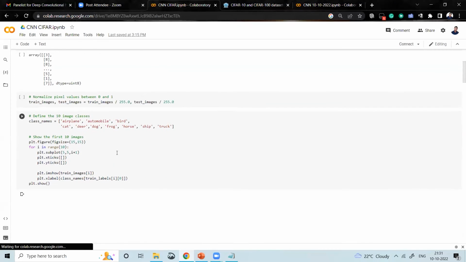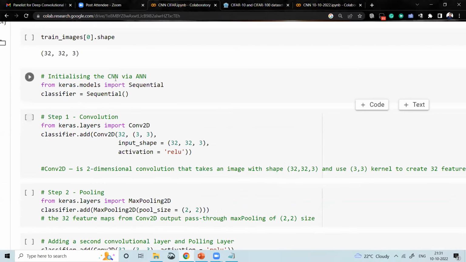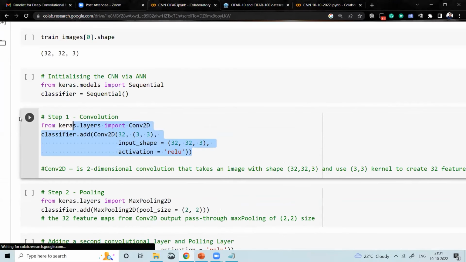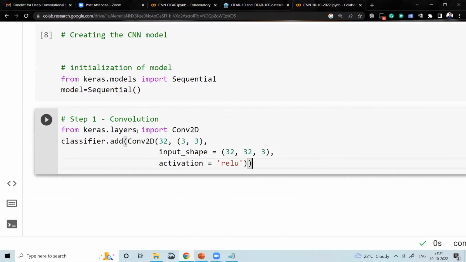Now I'm going to copy one by one. I'm adding the layer. So after initializing the CNN model, I'm going to create the convolution layer. Let me copy this. So, convolution layer, the step one which we have discussed. You need to add the,